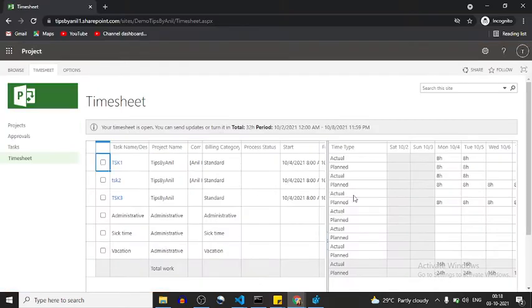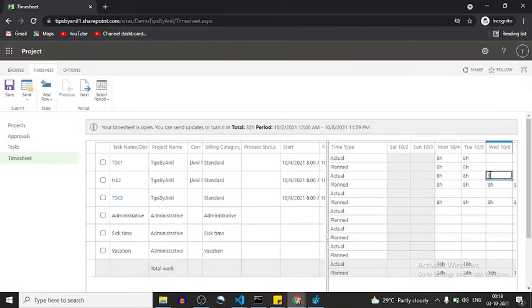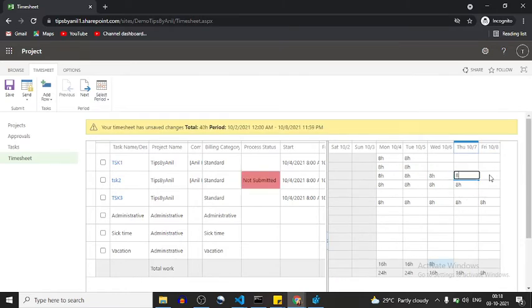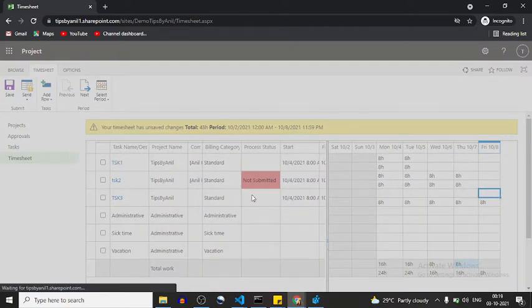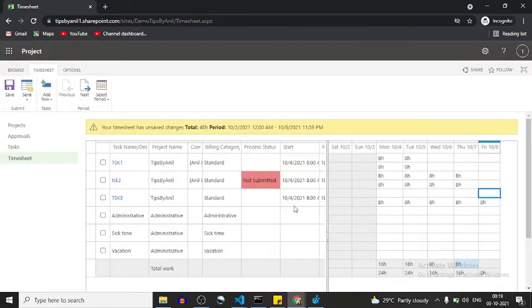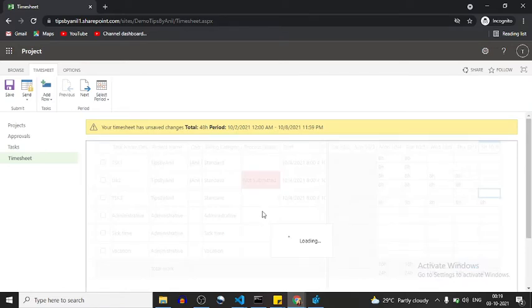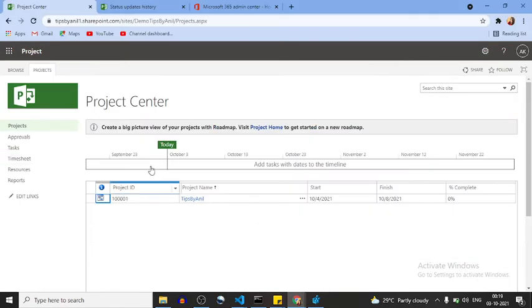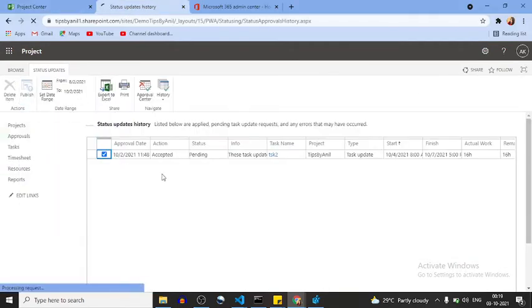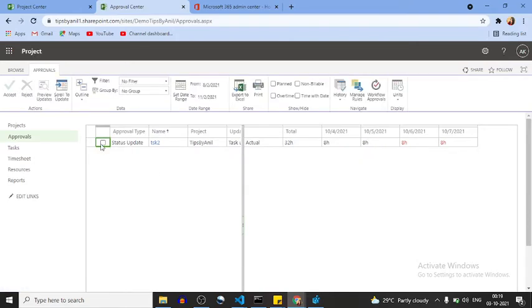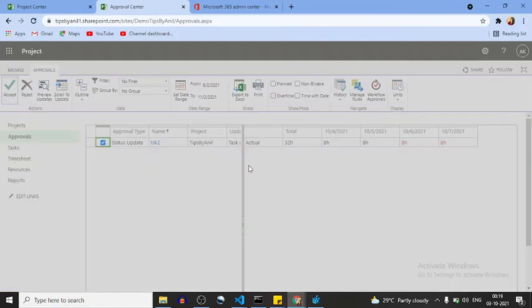Sometimes it doesn't sync. Let me put my timesheet again and click on OK. Now if I go in approval center, I will update it.